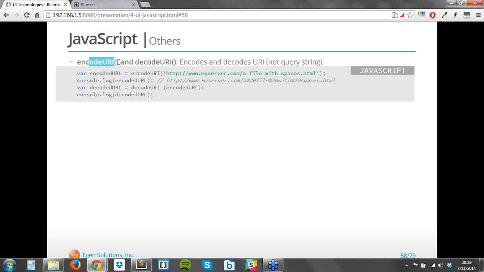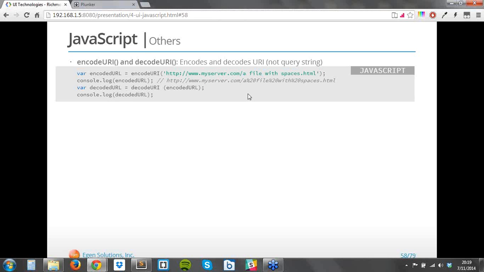So that's why you use encodeURI and decodeURI. Mostly you don't use it because all our URLs are proper, in your companies as well. Your URLs will be proper, so don't worry about that. The problem is only when you're trying to do some downloads, like some PDF download, and the name of the PDF has spaces. In that case, when you put it on the browser, you should be encoding the URI. Usually you won't have spaces, but the more useful case is encoding